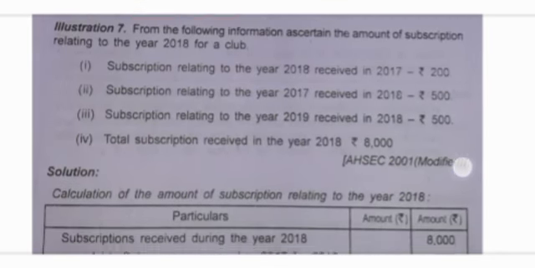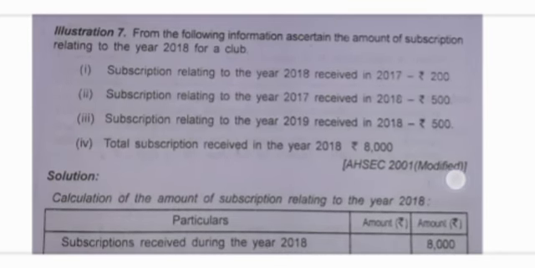Now come to this sum. You will be more clear if you do this sum. Now read this question very carefully. Subscription relating to the year 2018 received in 2019. So first remember one thing. We are doing this for which year? 2018 or not? So from the following information, ascertain the amount of subscription relating to the year 2018 for the